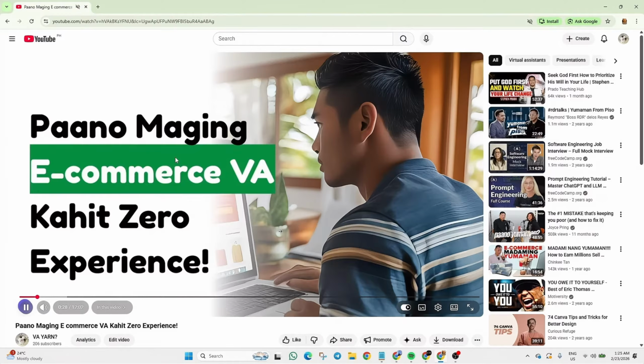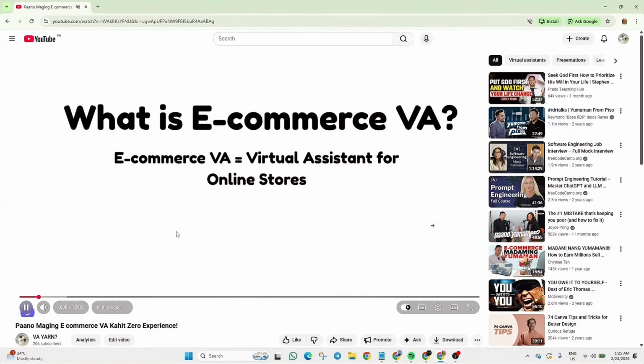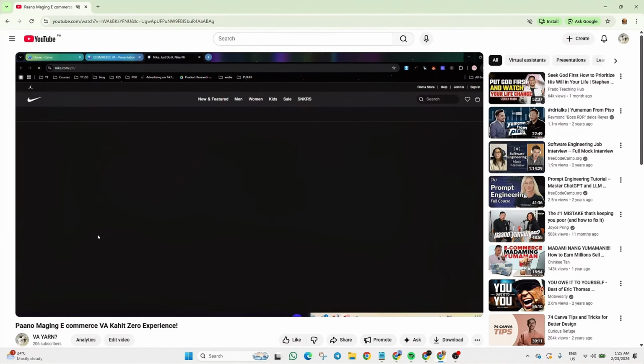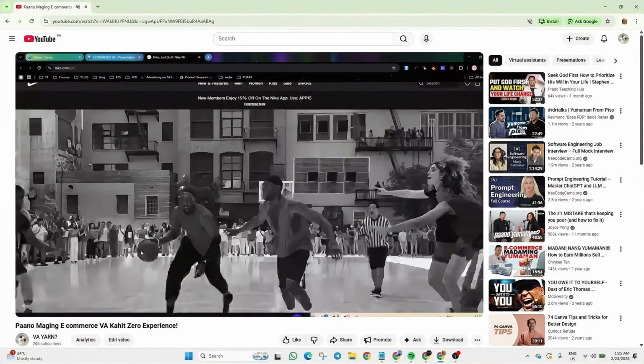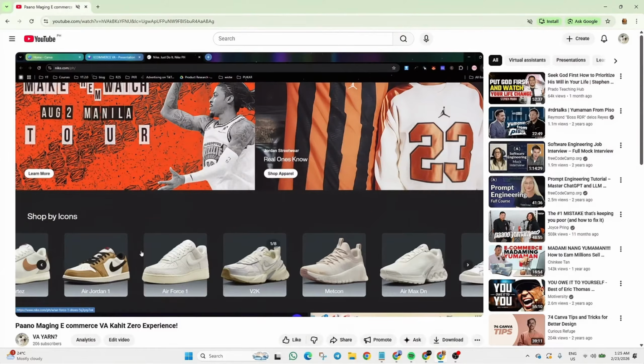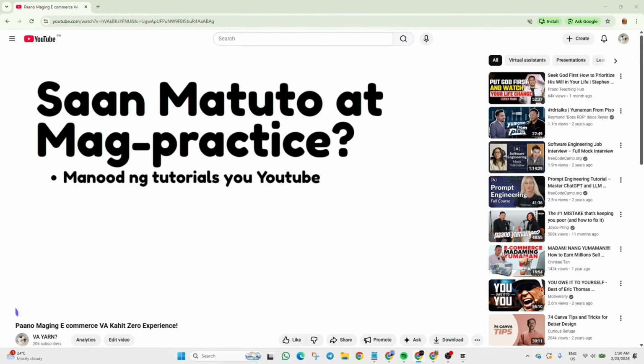Ang pinaka number one na reason kung bakit hindi kayo nakakakuha ng client is wala daw kayong portfolio. But let me tell you, hindi mo kailangan ng client para magkaroon ng portfolio. So today, I will teach you how to make your free Shopify VA portfolio guide. Zero experience ka. Reality check, clients don't care if may certificate ka. They care about one thing, if you can do the job. So instead of waiting for a client to give you experience, gagawa tayo ng sarili nating experience.